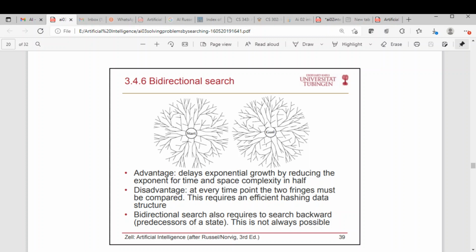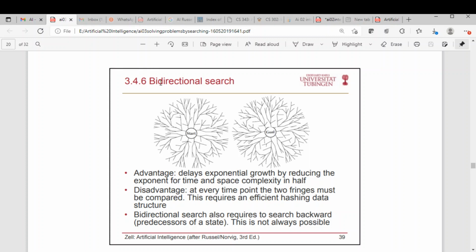So the topic we'll be discussing in this lecture is bidirectional search. This is a part of uninformed search techniques. We'll not be discussing deep about bidirectional search. We'll be discussing in brief what a bidirectional search is, and then a summary of all the uninformed search techniques that we have discussed so far, and then we'll be moving on to informed search techniques, which is also called heuristic search techniques. Okay, fine.